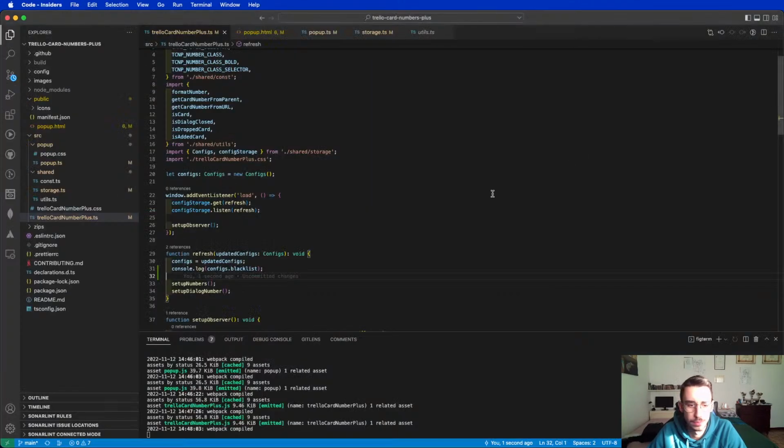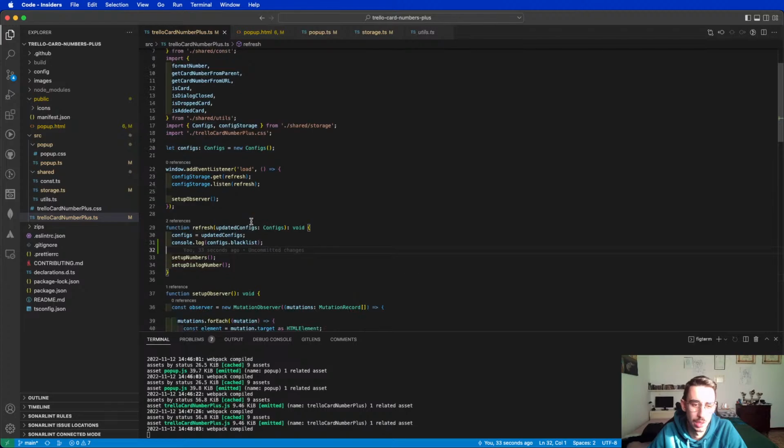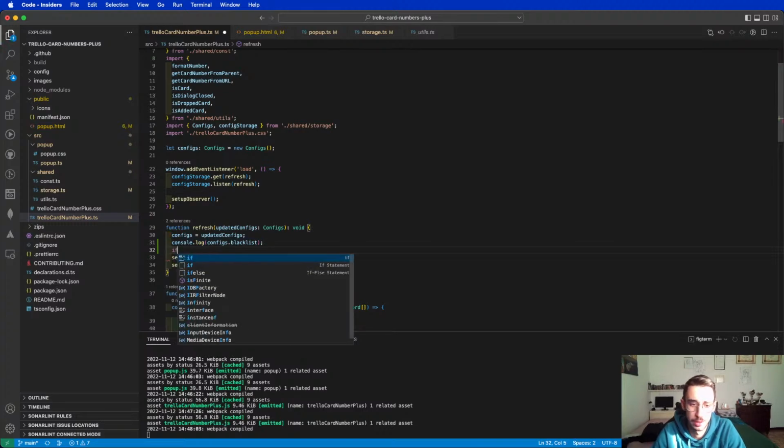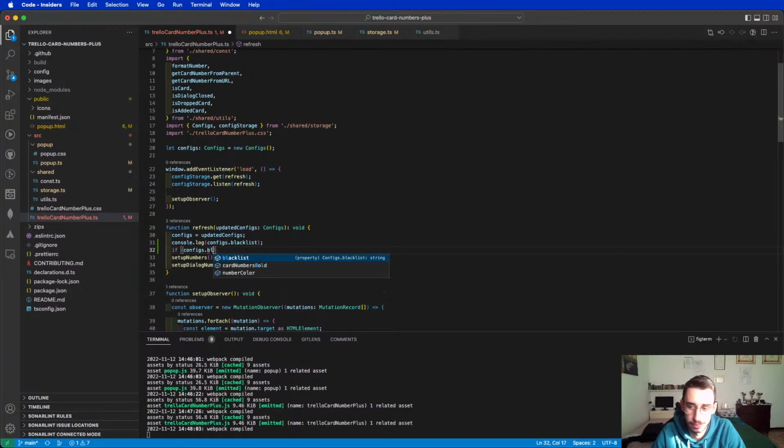Now, I want to add this ID, and again, we have the console log because the listener here refreshed our config, but this time I don't want to set those numbers over here. If my blacklist, that, like I said, for now is only one string, I will handle multiple boards later. If my configs is not, and now I need to grab the ID of the board,